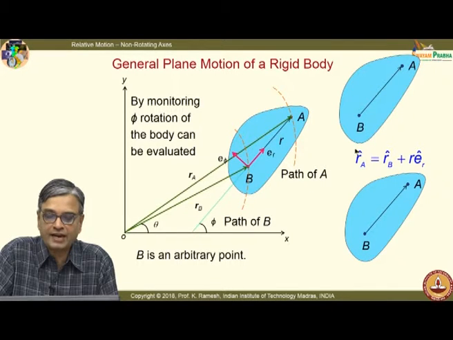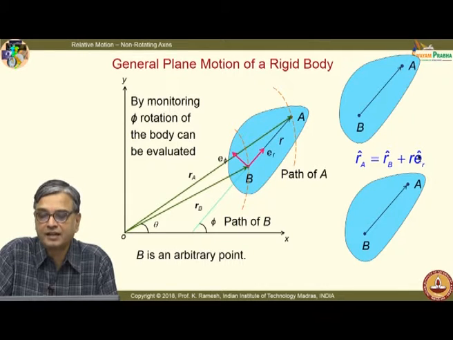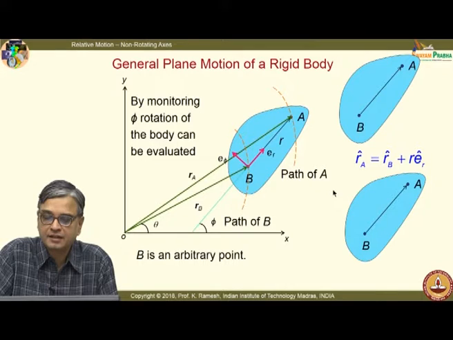And you can also write this interrelationship. RA is nothing but RB plus R ER. And mind you that R is a constant here. I can also put this as RAB, RBA and so on. And I have already told you to indicate the vectors, I just put a cap, not making a distinction between a unit vector and a normal vector. So, you can interpret these expressions correctly.